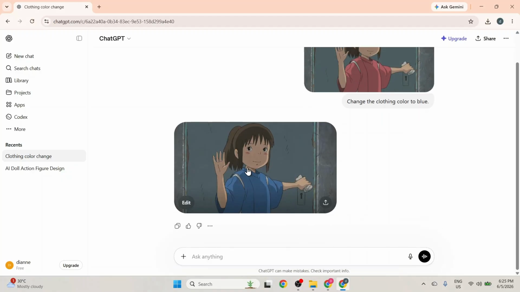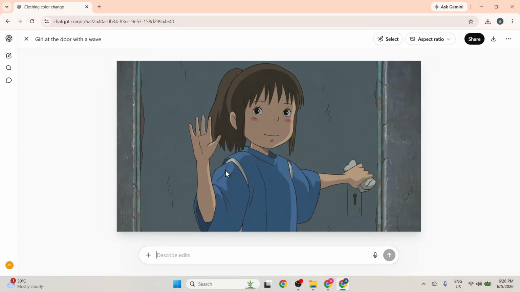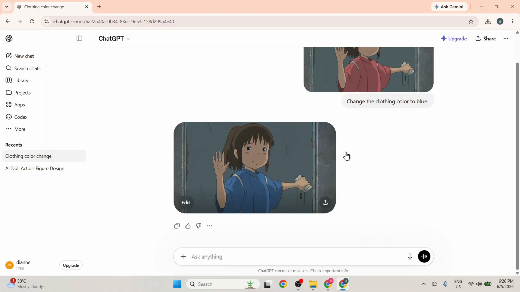I hover over the newly generated image and click the Edit button located right on the picture. This opens up a larger, detailed view of the graphic. I look closely at the changes made, then close out of this detailed preview to return to the main chat